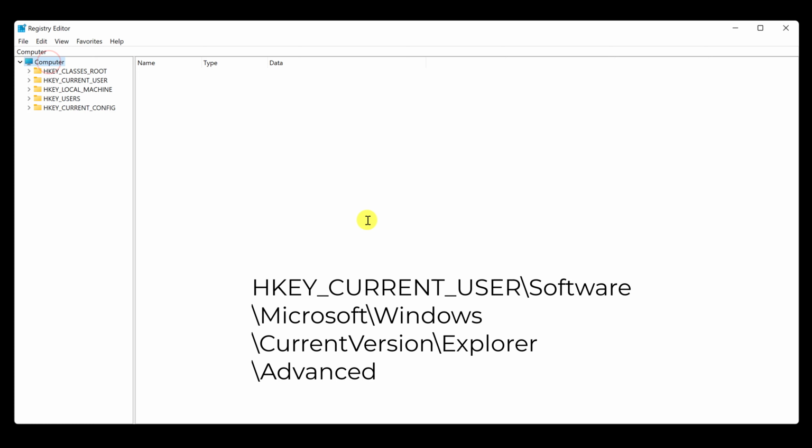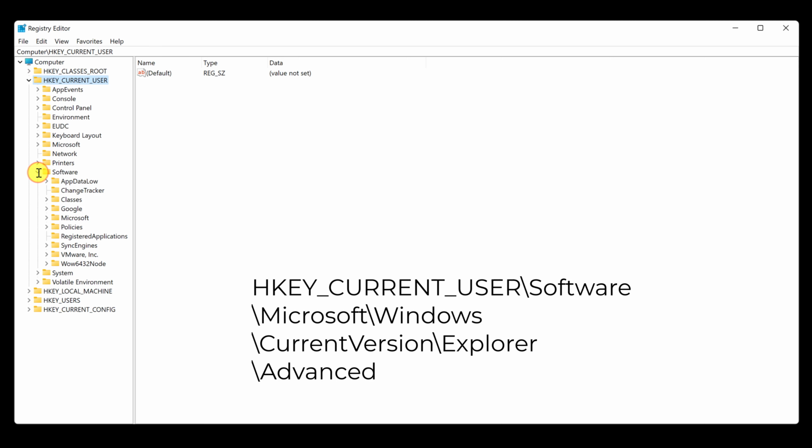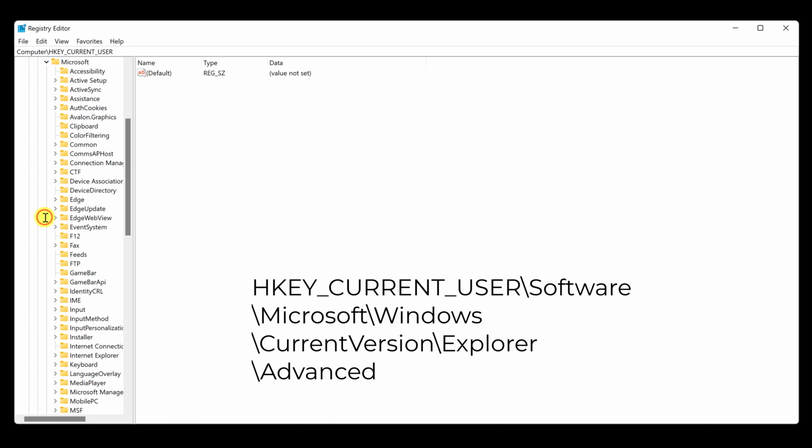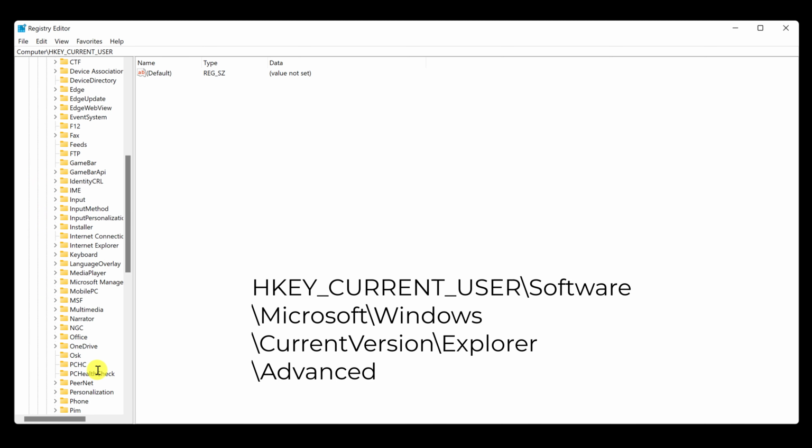Copy the specified path and paste it in the address bar to travel to the following location in the Windows registry. The video's description can be used to copy the path. You can simply go to the address manually, but this is the most convenient option. Allow us to manually open the path.